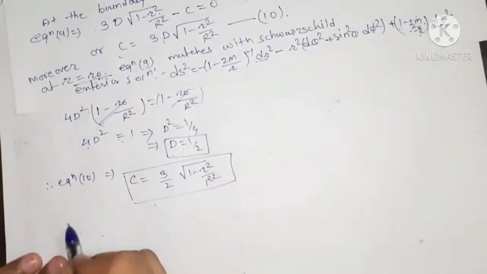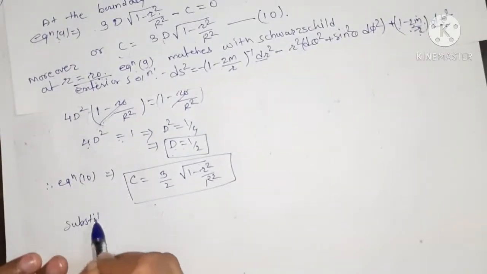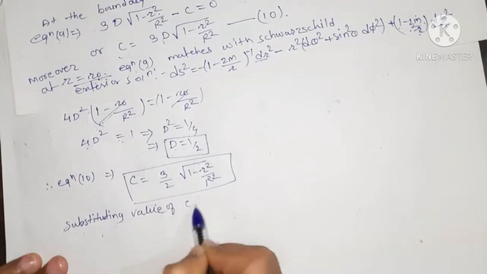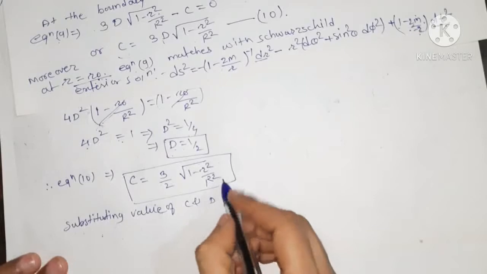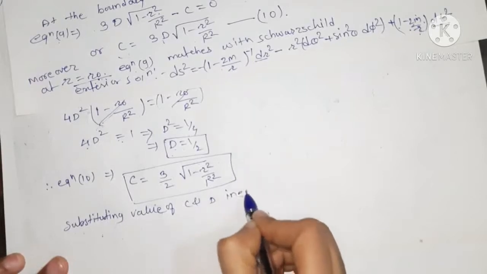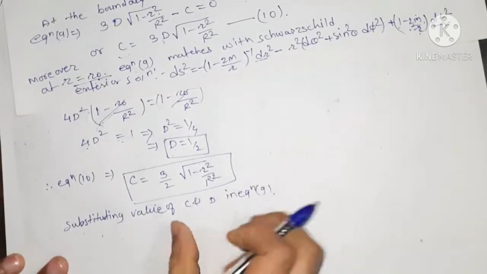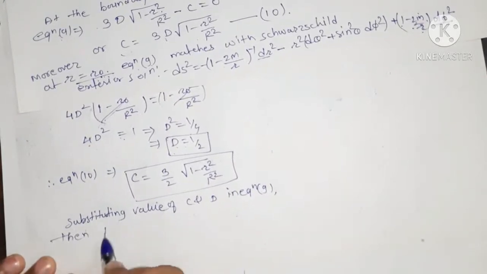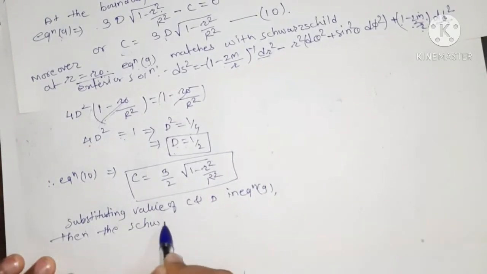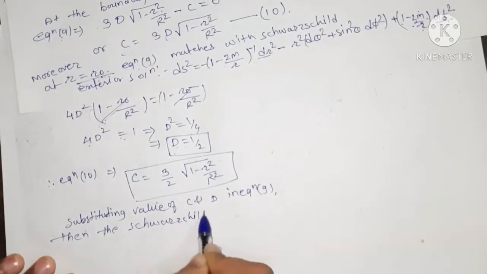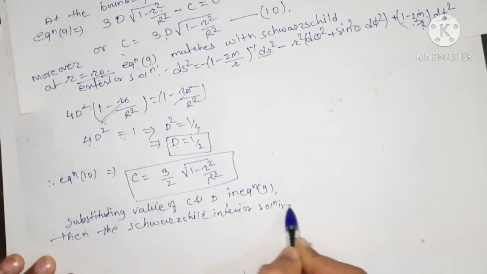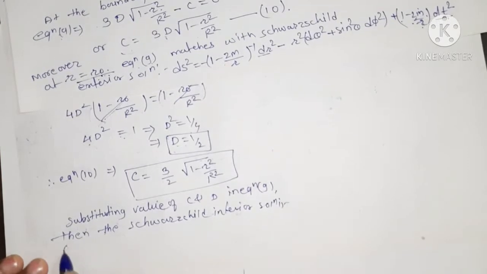Now substituting values of C and D in equation 9, that is in the Schwarzschild interior solution. Then the Schwarzschild interior solution is given by,